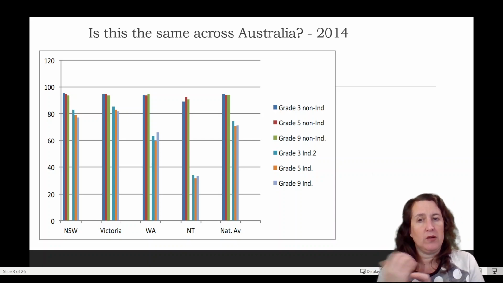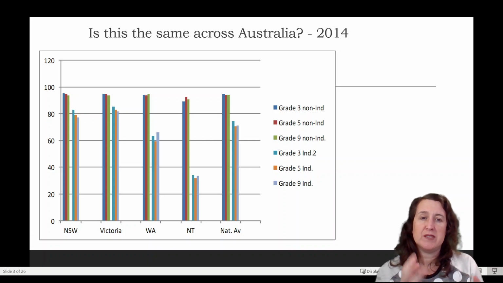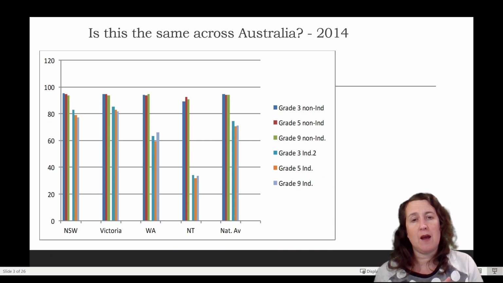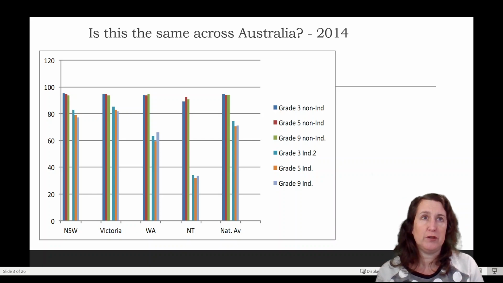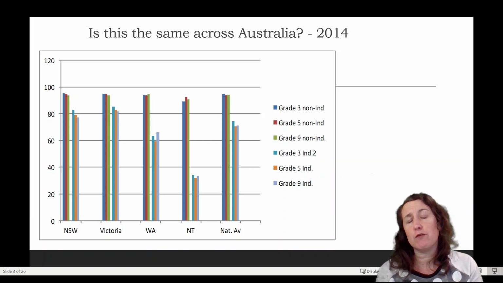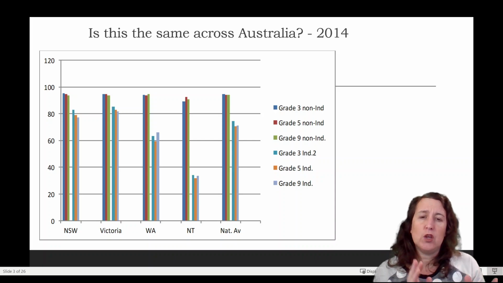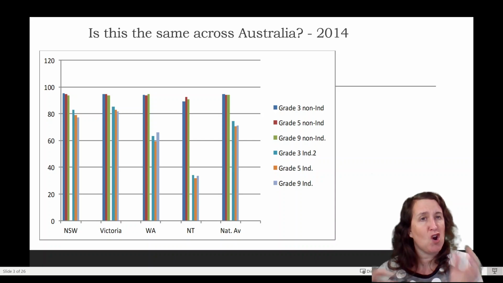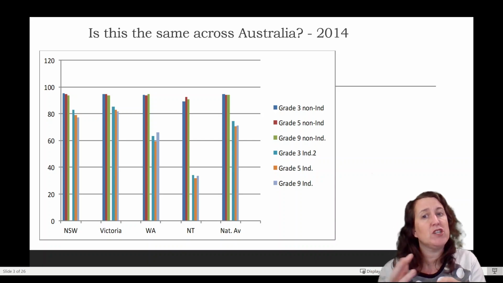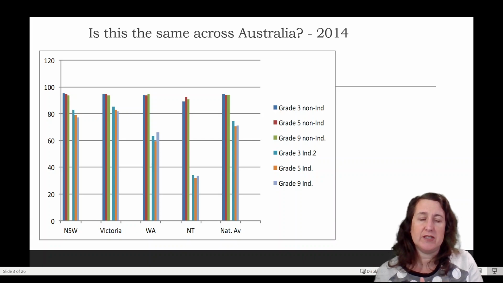So using this data tells us something useful, and if we were educational policymakers, we might want to have a look at what's going on in New South Wales versus what's going on in the Northern Territory, if we were serious about closing the achievement gap between Indigenous and non-Indigenous students. What this graph also tells us is that being Indigenous doesn't mean that you are going to be massively disadvantaged. What it tells us is that it's that combination of being Indigenous and where you're educated that may amplify the disadvantage.